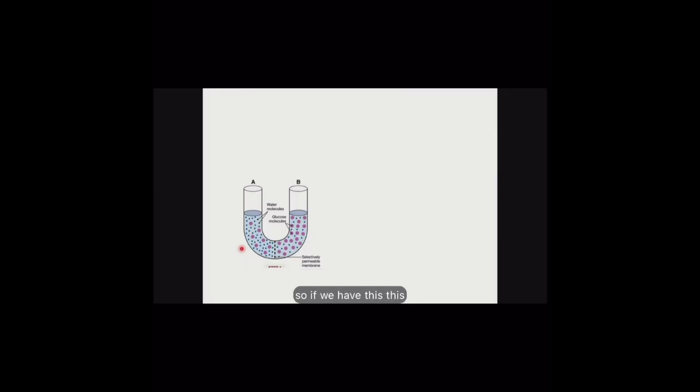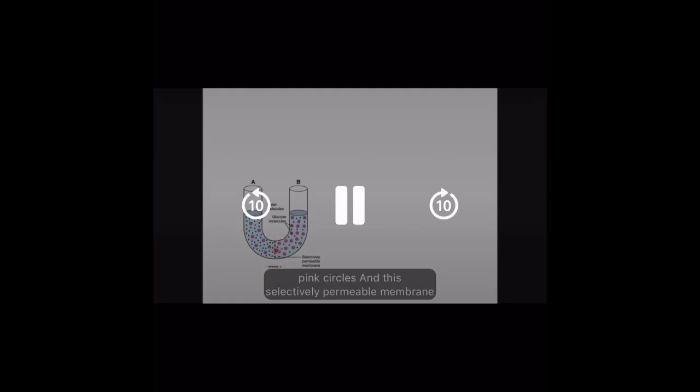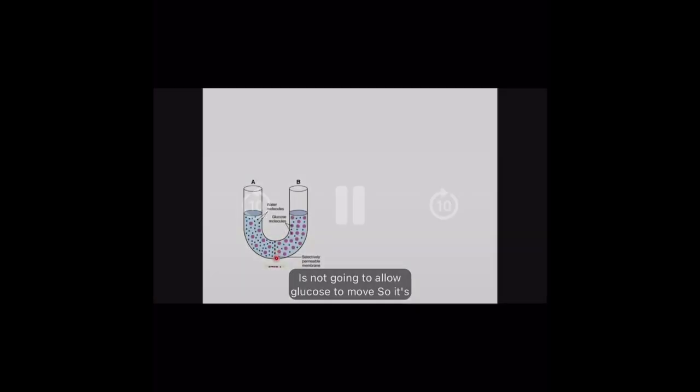So if we have this U-shaped compartment, right? And we split it in two. So we have compartment A on this side, compartment B on this side, and we have a selectively permeable membrane. So it's a membrane that is going to allow water to move. Water is shown as these blue circles, and then we have glucose. And glucose is shown as these big pink circles. And this selectively permeable membrane is not going to allow glucose to move, so it's impermeable to glucose, but water